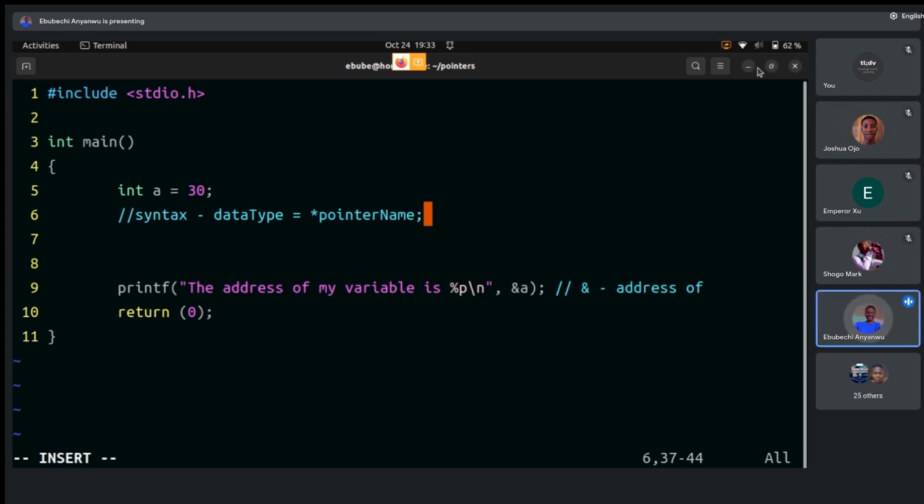All right, so this is the syntax to declare a pointer: data type, asterisk, pointer name. Now, what is the data type doing there? This data type is asking me what kind of data I want to point to. If my variable was a character, for instance, that means